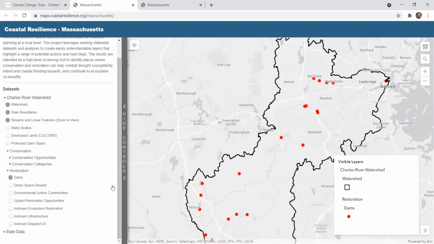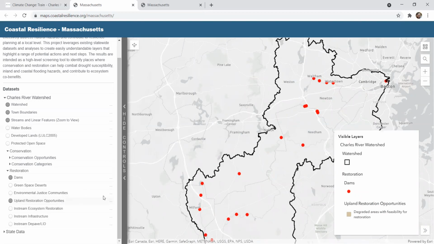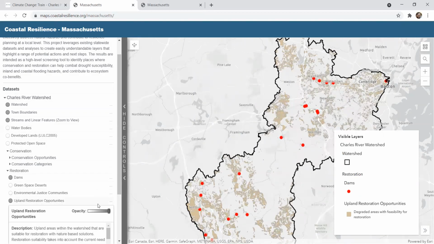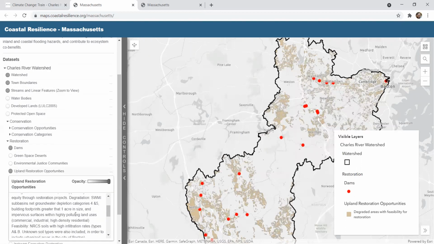Additionally, if you're interested in seeing what things are, so say you want to look up upland restoration conservation opportunities, click on that, and they are in the brown shading there. If you want to know what that is, click on the three dots to the right of the description, and it shows a description of the title. And you can change with this slider how it'll come up on the map, the different